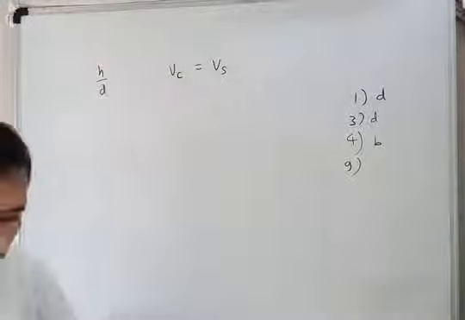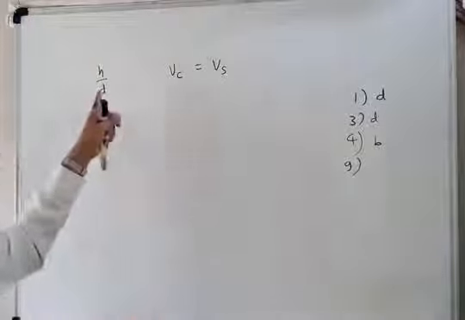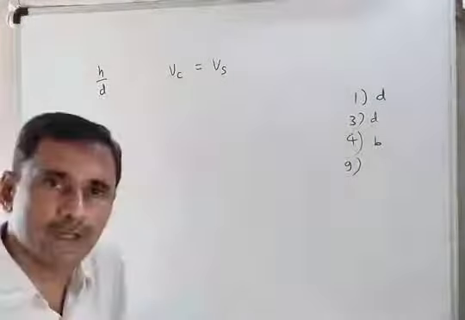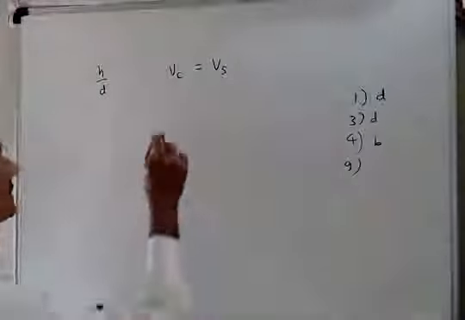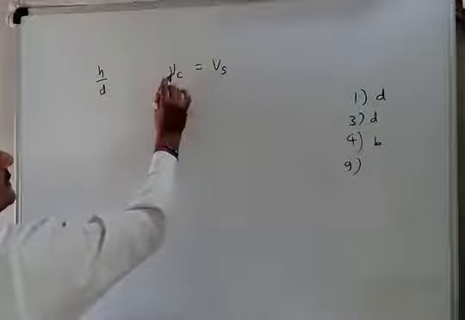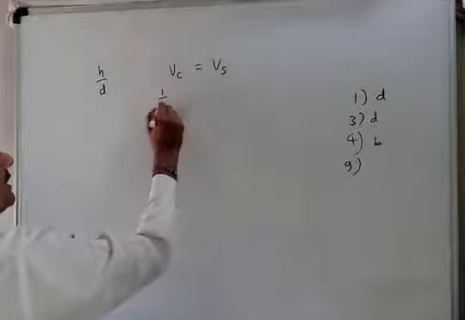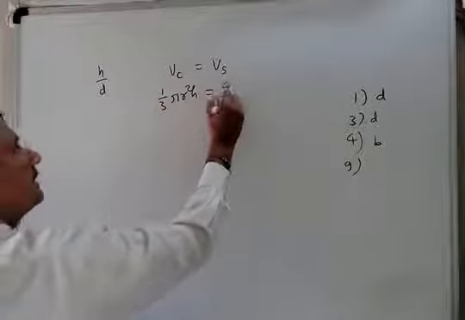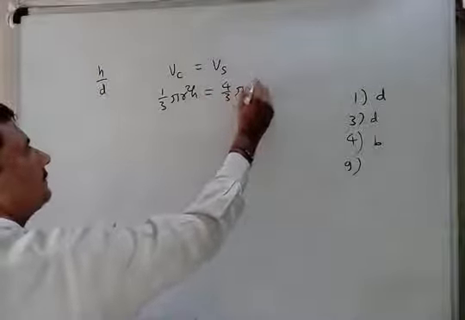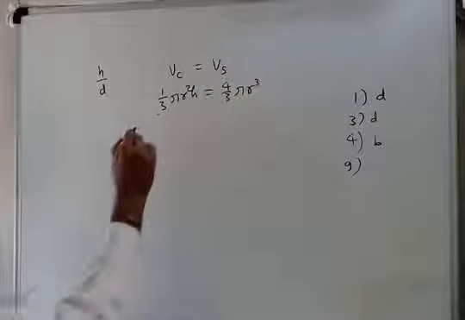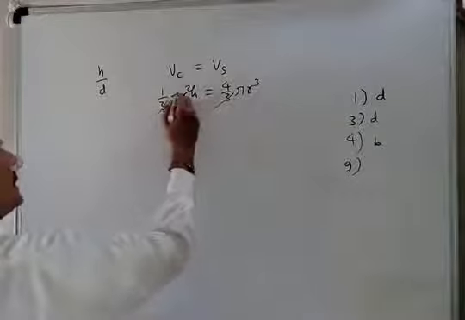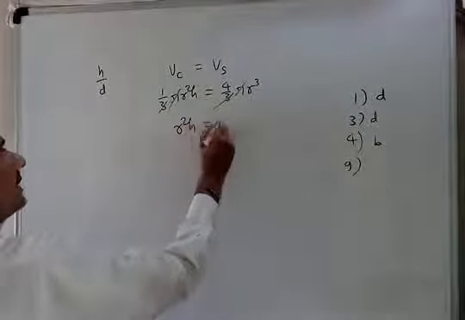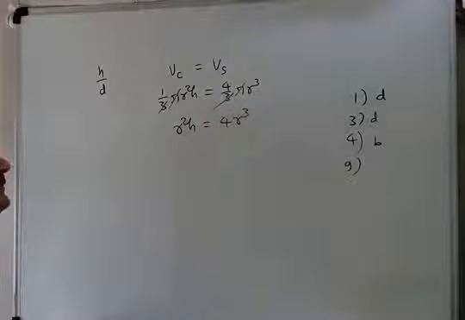Height of cone and diameter of sphere. The diameter of the sphere or the diameter of the cone, both are equal here. So height upon diameter is asked. First write down the formulas of both. Volume of cone 1 by 3 pi r square h, and 4 by 3 pi r cube. Now 3 being cancelled, pi also cancels. What is left? R square h equal to 4 r cube.